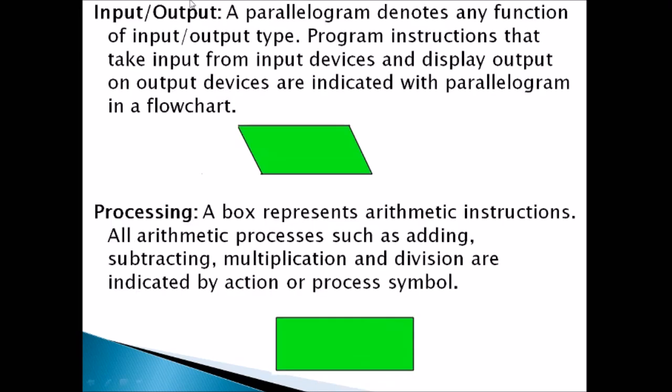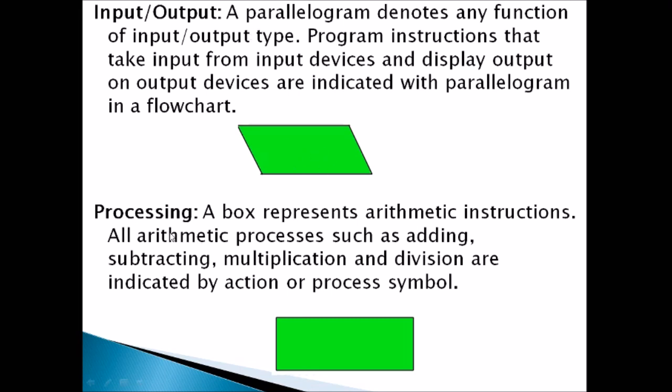Next symbol is input or output. In the algorithm, after the step start the program, we should declare the variables whatever we need, and then we have to receive the values for the variables that need values. Those receiving the input and displaying the output statements should be given in this parallelogram symbol. The name of this symbol is parallelogram. This symbol is going to be used to receive the input from the user and to display the output on the screen. So in the flowchart we have given some steps, read the values from the user, and also there was a step display the output of C, likewise, isn't it? So all those statements should be given in this symbol.